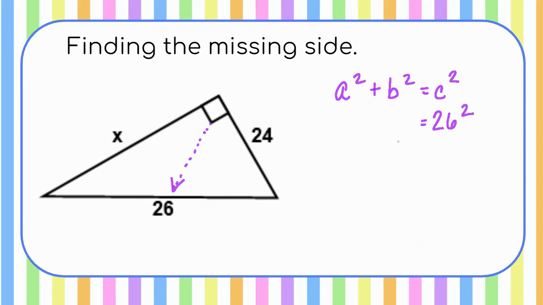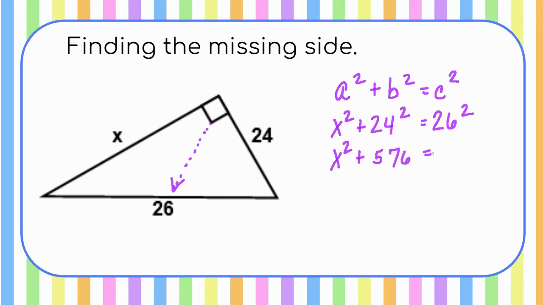Then I want you to substitute the other two sides in for either A or B. I'm going to put X in for A, and I'm going to put 24 in for B. Now, once you've made all your substitutions, the next step then is to go ahead and use your calculator to figure out what 24 to the second power is. You'll type that in, and you're going to get